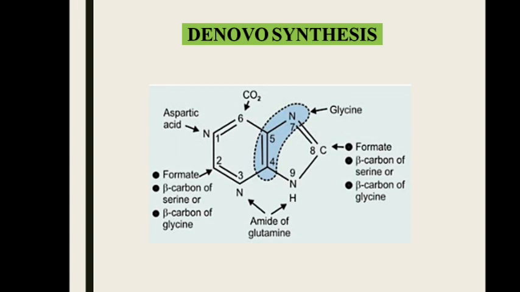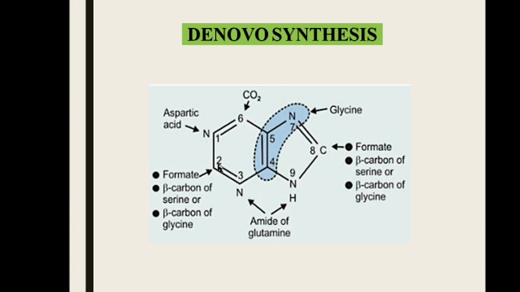Now looking into the purine ring. The atoms of the purine ring are contributed by various molecules. Like I told you, it is a de novo synthesis, and they are dependent upon other substrate molecules. There are totally 9 atoms. The N1, the nitrogen 1 of the purine ring, is contributed by aspartic acid. A for first alphabet, N for first nitrogen atom of the purine ring, it is contributed by aspartic acid. Please do remember this. This is very, very important, and the structure of this purine ring has to be learned, and the various atoms contributing to the ring are very, very important.